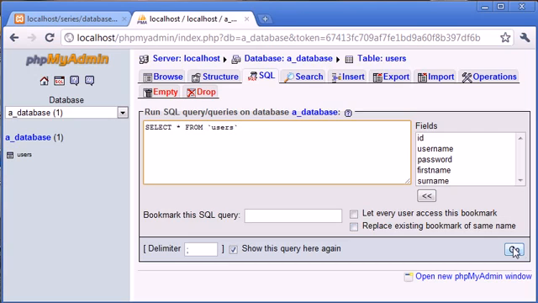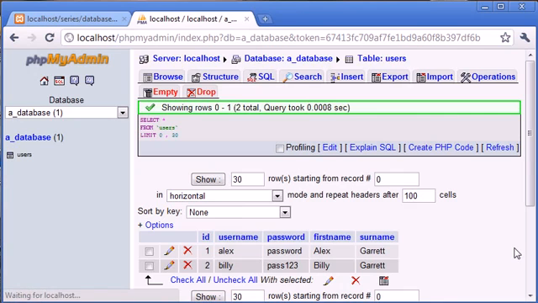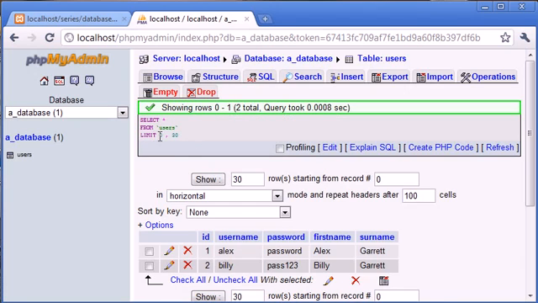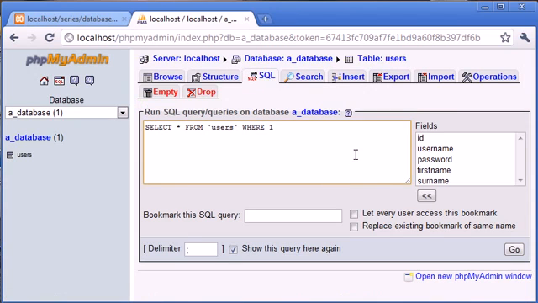So now I'm going to click go, and you can see that this has shown rows 0 to 1, and 2 total. The query took a number of seconds, and it's shown our query here with this limit on the end, which I'll explain soon. But we've retrieved exactly the same data as if we were to click browse. So this SQL query for us at the moment is useless inside PHP, but when we're working within PHP, we might want